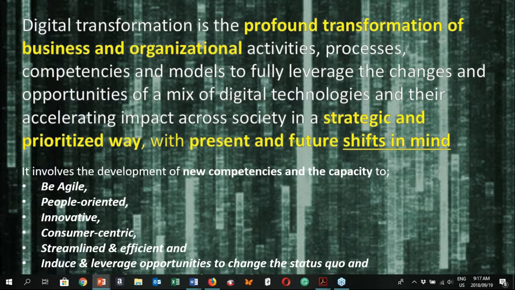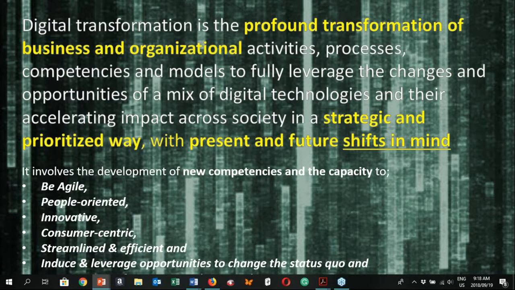This implies that there should be a shift in thinking within the organization, and in general, we say that shift should include things like building competencies and capabilities in the organization to be able to be more agile, people-orientated, to innovate more, to be consumer-centric. Yes, we will still streamline.